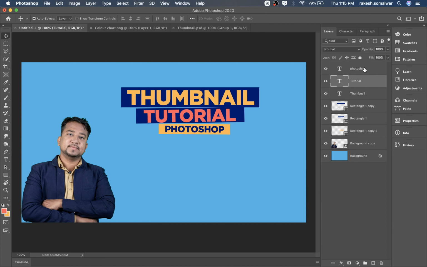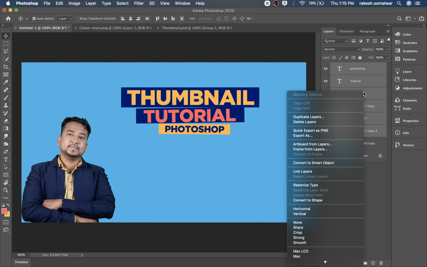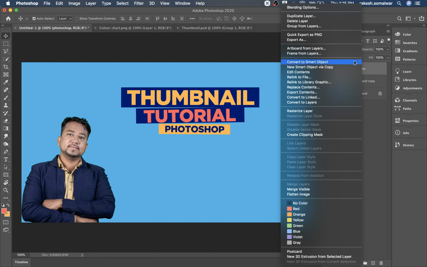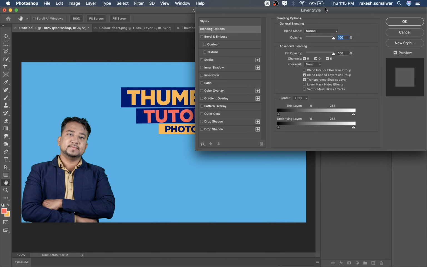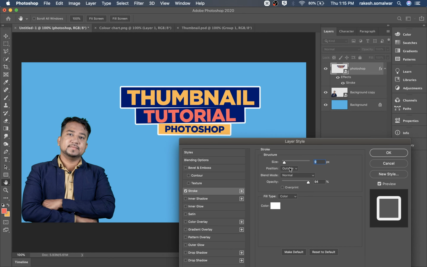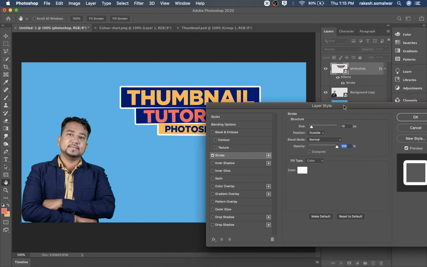And now I want to give a stroke to the whole unit. So select shift and select all the layers except background and image, and convert to smart object. Right click and convert to smart object. Go to blend option. In this, go to stroke, select 9 to 10, whichever you like. You can check a thickness, whichever is suitable. 10 I think good for this shape, and keep the opacity 100 and white color.